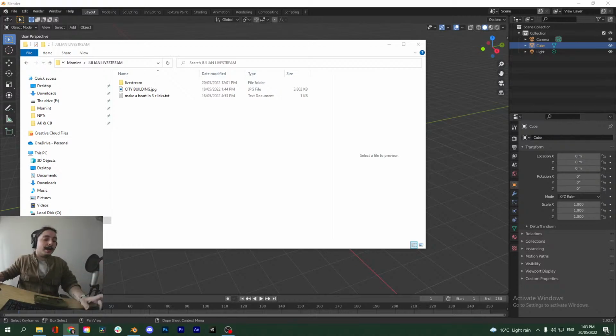So the point of today is basically just to show you some tips and tricks in Blender. Specifically, I found a cool method to make a heart shape in, I say 3 clicks, it's less than 10 clicks. I don't know if it's exactly 3 clicks, but it's just a few clicks. It's a pretty neat trick I just discovered while playing around. Once we make the heart, I'll also maybe show you some practical examples of how you can use them in cool ways and do some effect or something.